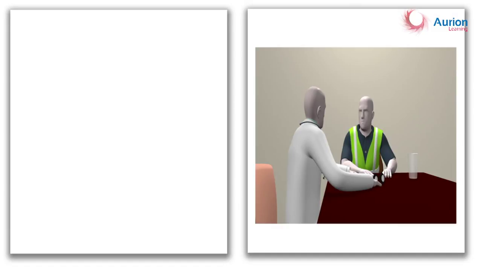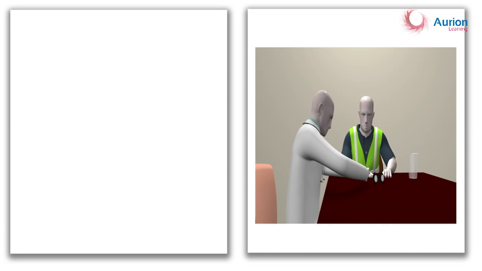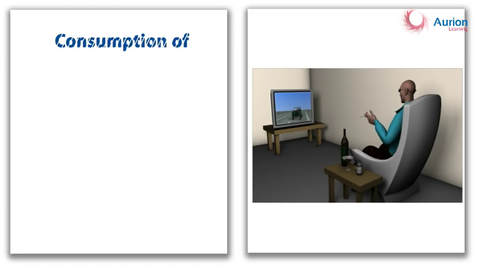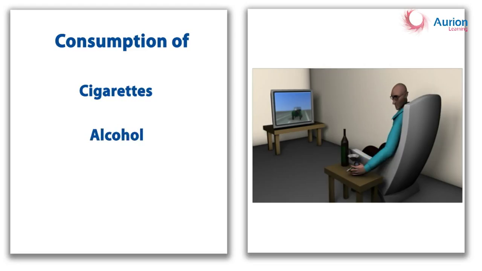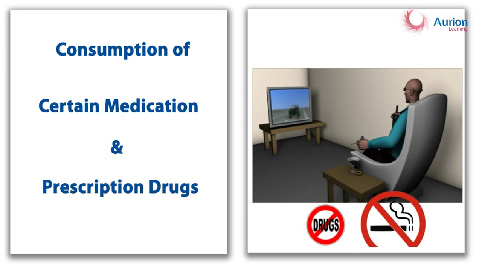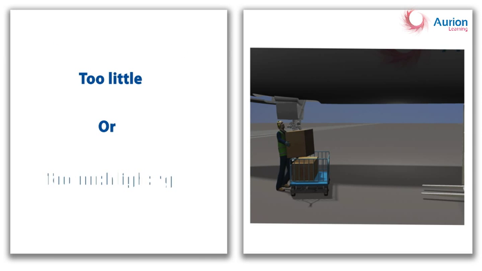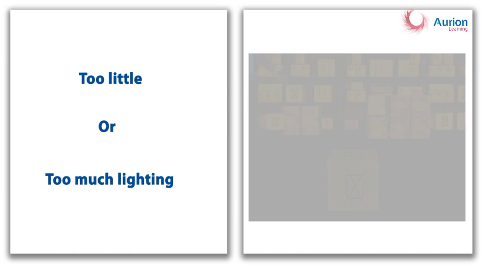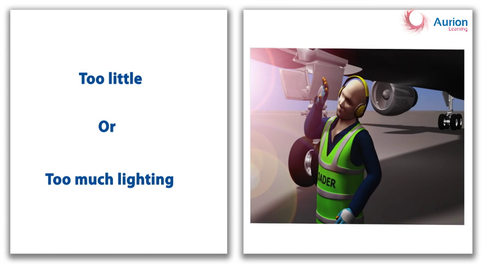Many things. 1. Physical factors, which are imperfections in one or both eyes, like short or long-sightedness. 2. Ingested substances. Smoking, drinking alcohol, taking recreational drugs all affect our vision. We need to also remember that even some medically recommended drugs can also affect our vision. 3. Lighting. Too little or even too much lighting leads to poor vision. Vision is affected as much by darkness as by too much glare.